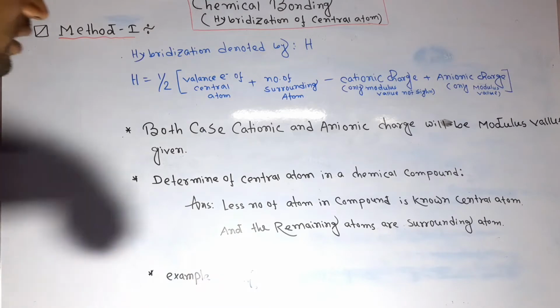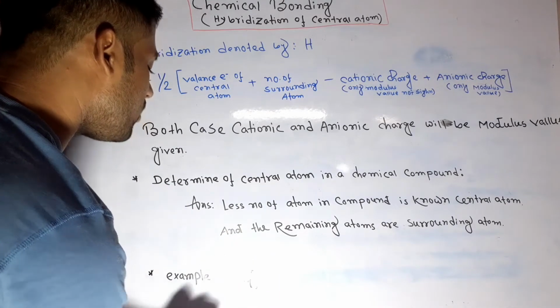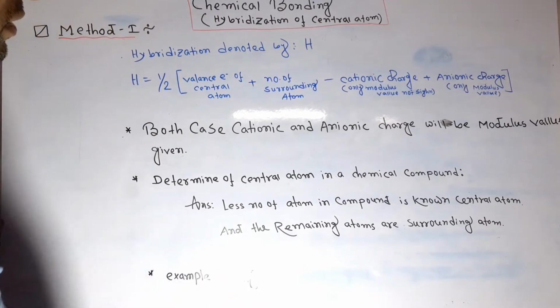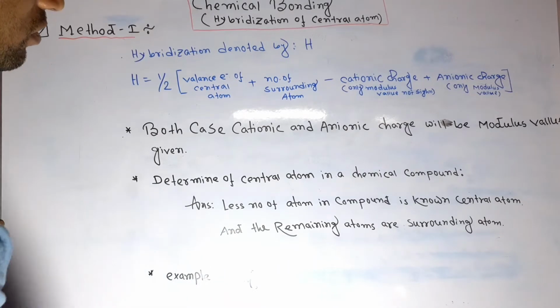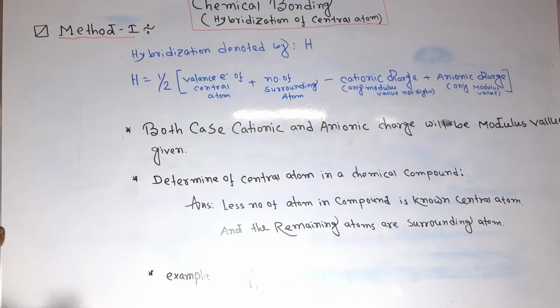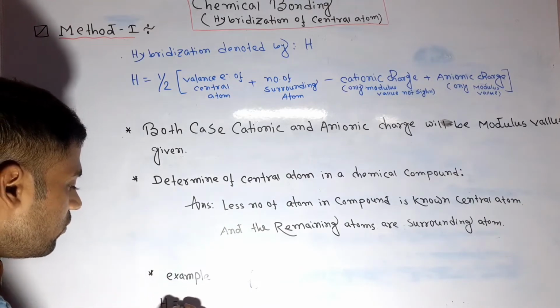What is the hybridization of the central atom? The star mark denotes the central atom and the remaining are surrounding atoms. Always, hybridization can be determined only for the central atom in a compound. So for the hybridization of N in the NH4 plus ion, you apply the formula: hybridization H is equal to